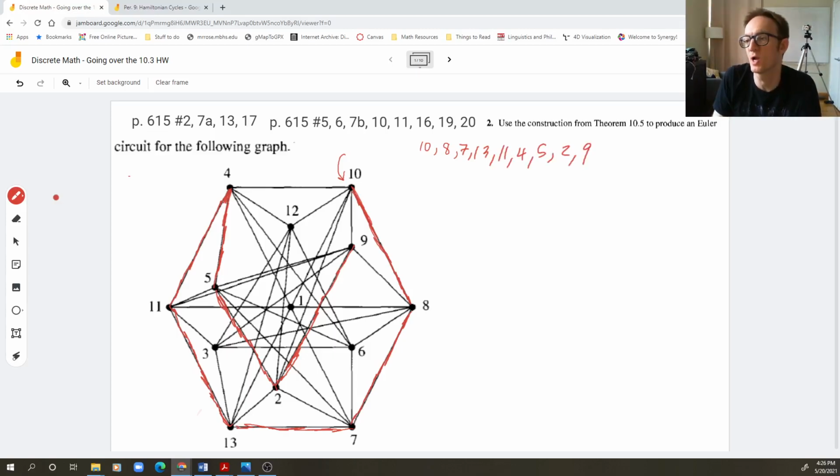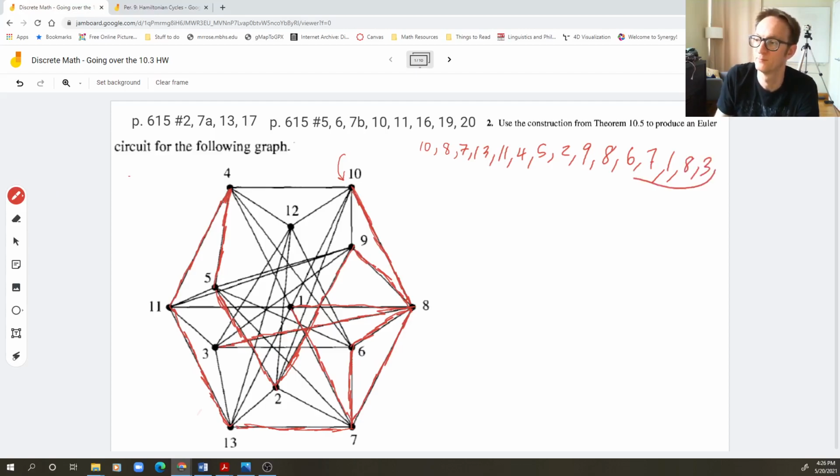I can just avoid going back to 10, maybe for as long as possible. So let's see, then back to 8, so that's potentially confusing, but then to 6, and then to 7, 6, and then 7, then to 1, might as well visit 1, hello 1, and then, oh my gosh, then to 8, then to 3, which is the only possibility. So from 1 to 8 to 3, continuing